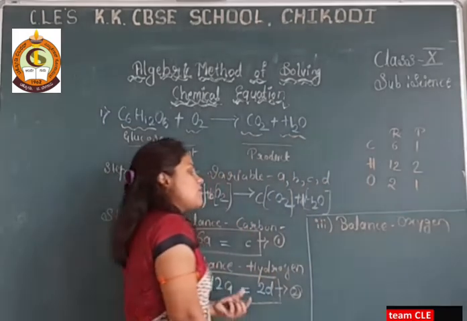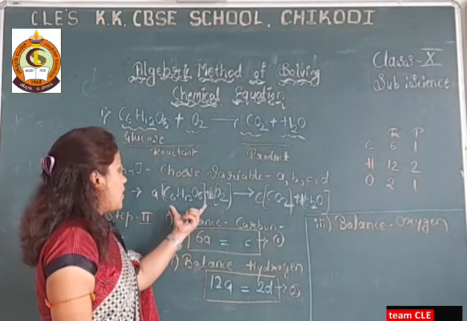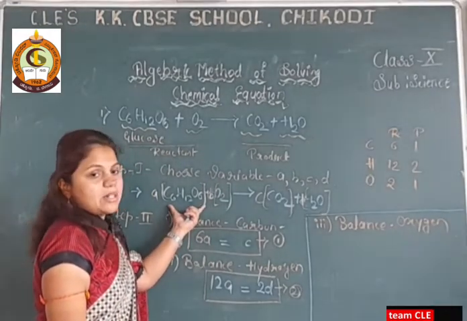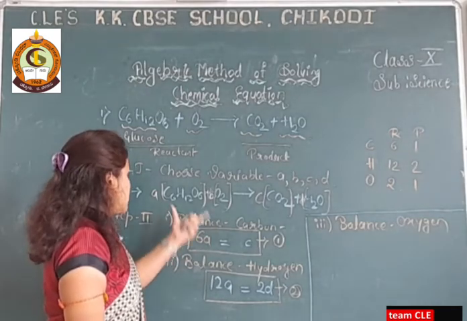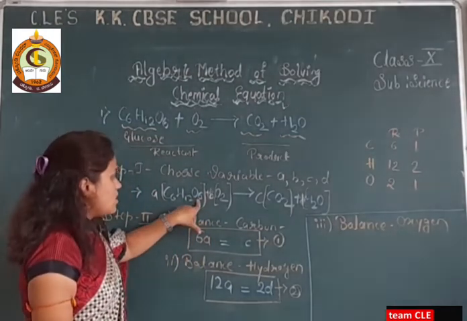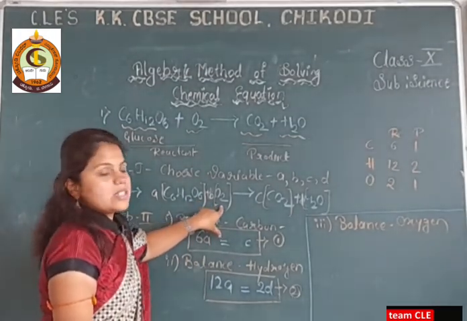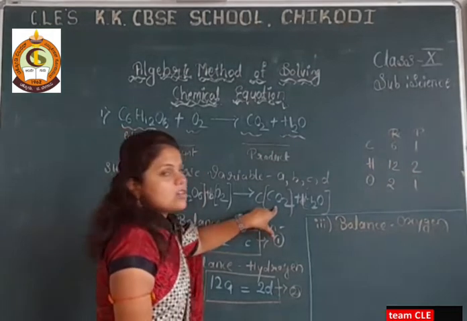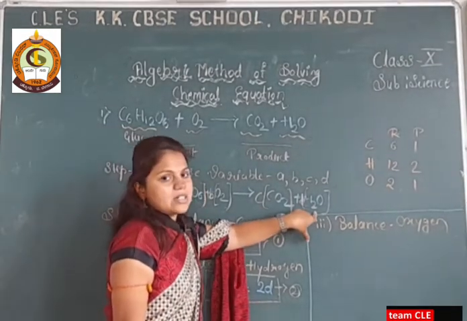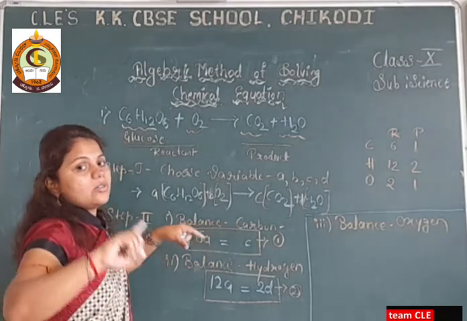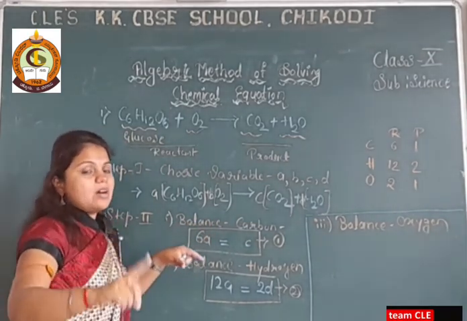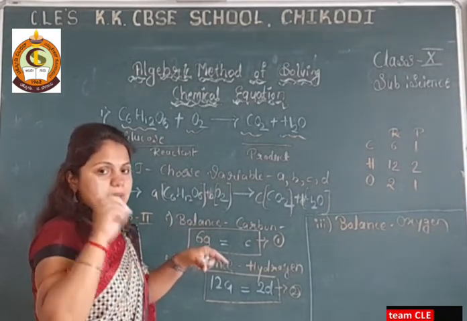So dear students, for balancing the oxygen, how are you going to formulate this algebraic equation? Here oxygens are there, here also oxygens are there, similarly here also oxygens are there, and here also oxygens are there. So just as I told, don't go for the chemical symbol, check how many numbers are present over here.